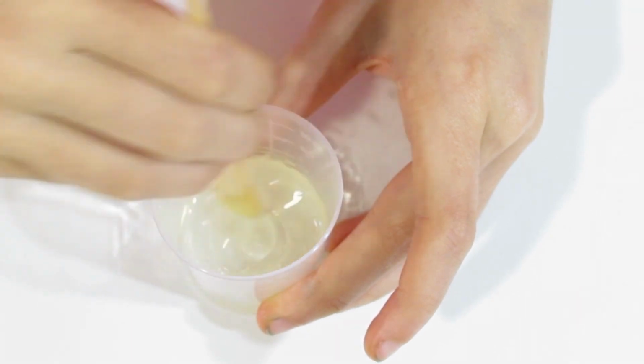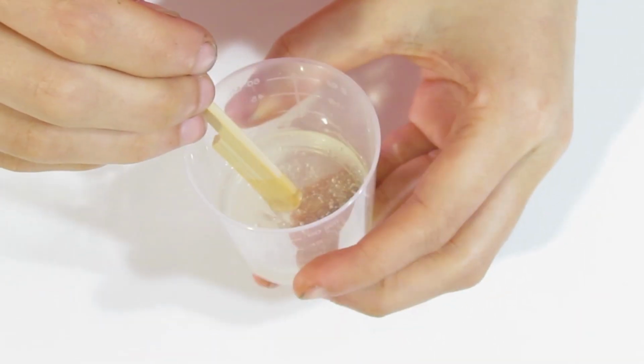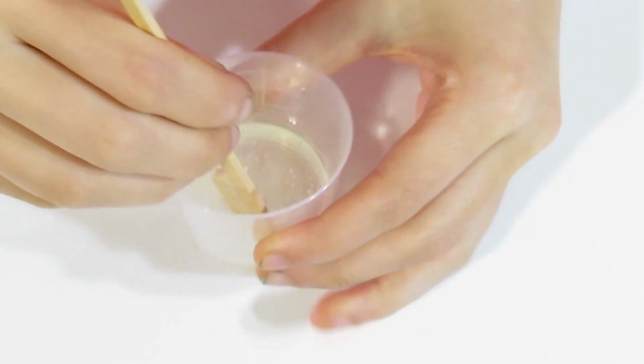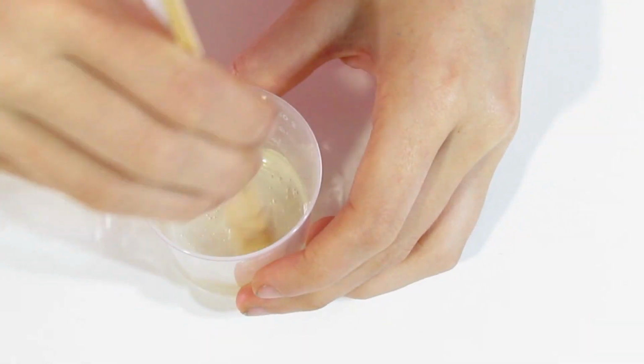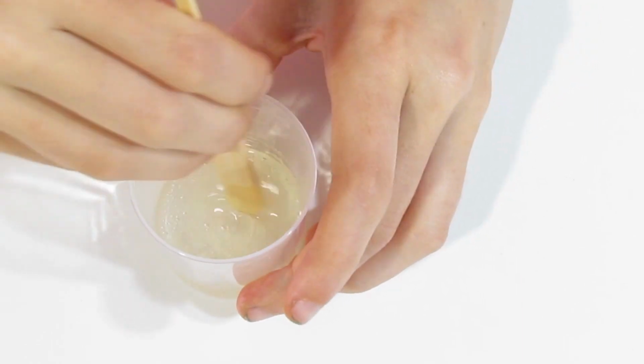Okay, and you can see that we're starting to get a lot clearer. You can see there is still quite a few lines in it, so I'm going to continue mixing for probably about another 30 seconds. Okay, then after mixing you're going to find that there are definitely quite a few air bubbles. I like to take this, leave it off to the side for a little while, and in the meantime I'll